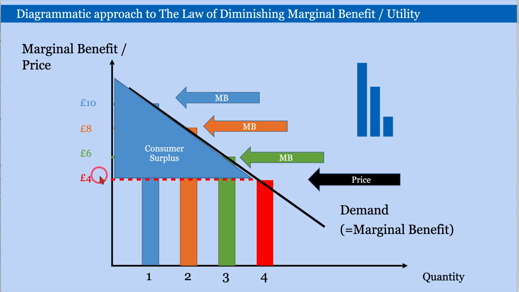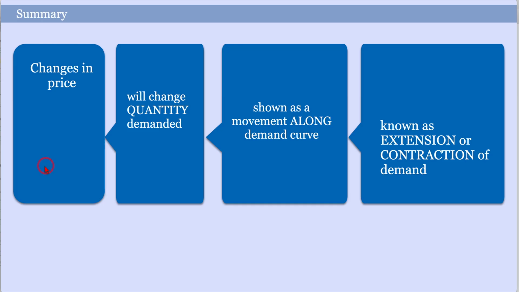All right, so hopefully you understand that, and as I say, that's going to be of real use later on throughout the whole of the economics course. So in summary, changes in price will change the quantity demanded. We get loose and we just say demand at times, that's okay. But the key, this is not negotiable, it must be shown as a movement along the demand curve and known as an extension or contraction of